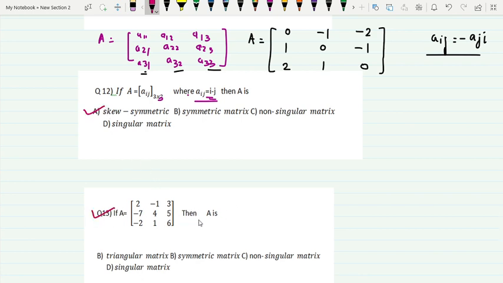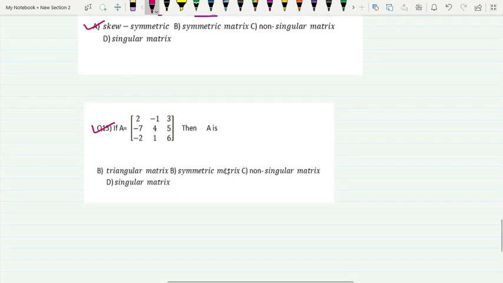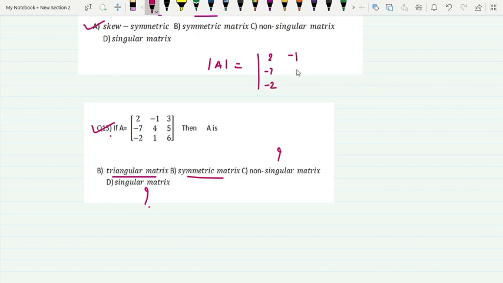Next question is what? A is which type of matrix? From the options we can conclude that it should be singular or non-singular, because it is not a symmetric matrix, it is not a triangular matrix. So it is one of these two. First of all we will expand this determinant. Determinant of A is equal to what? The determinant of this matrix: 2, minus 7, minus 2, minus 1, 4, 1,